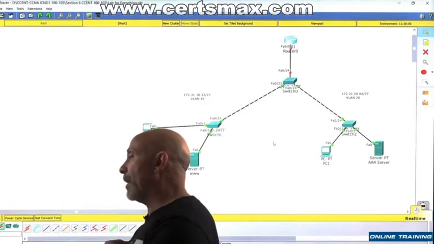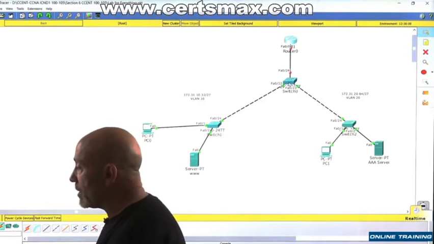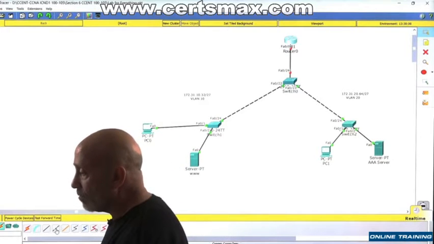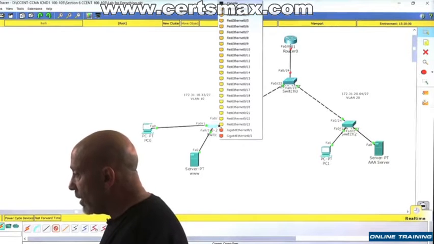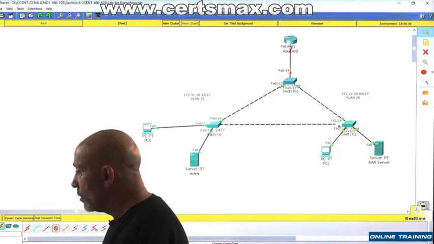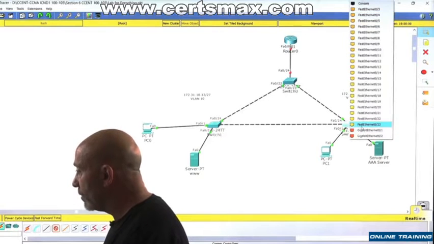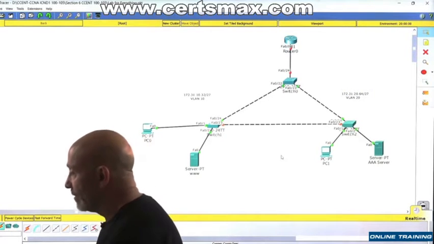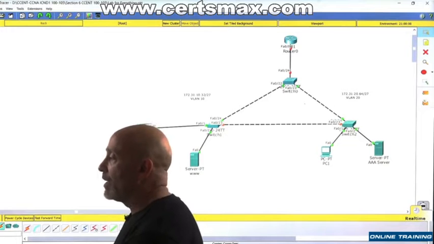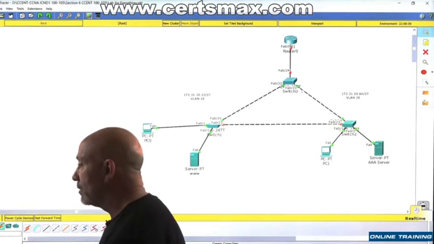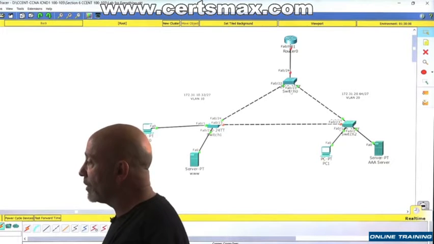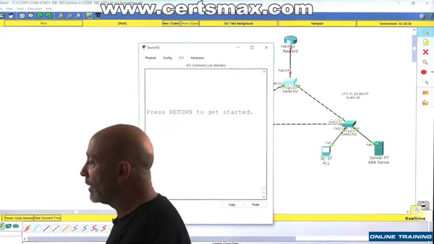All right, since you already know about spanning tree, let's go ahead and make this. Let's do this. Ta-da! Let's make this port 23 to port 23. Let's see what happens. Let's see if it turns this somebody into... Maybe this will stay as a root bridge. I don't know, but we're gonna make it a root bridge anyway, so we're not even gonna waste time. So we're gonna go inside this switch,